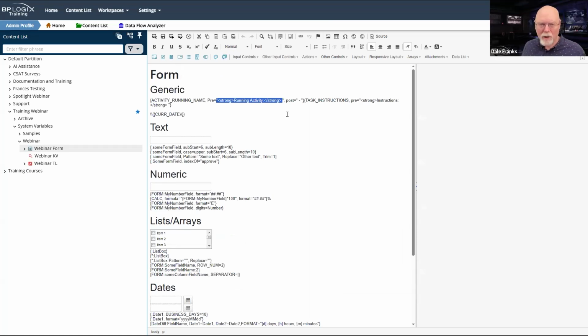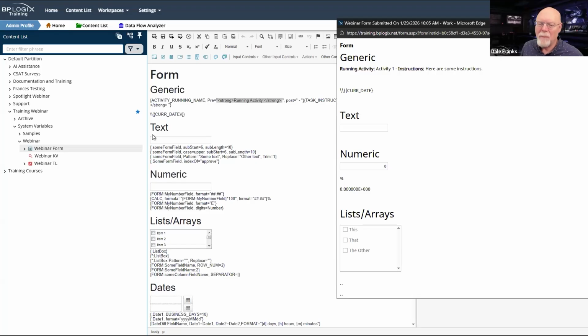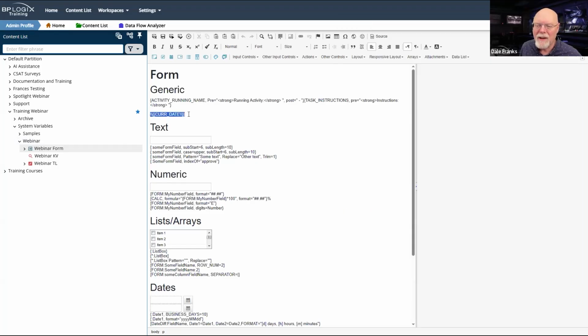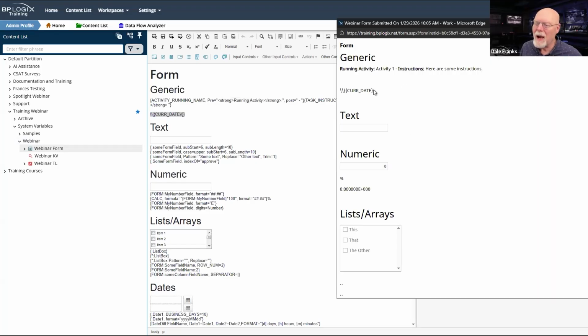Obviously, numbers can include text, but for any text system variable, you can use the pre and post modifiers on your system variable to make it work. You can also escape the curly brackets. Now, it is a little ugly. This is the text that I have here. This is how it actually appears whenever it is literaled on the screen. So it's not perfect the way that it works, but you can actually escape the curly brackets.